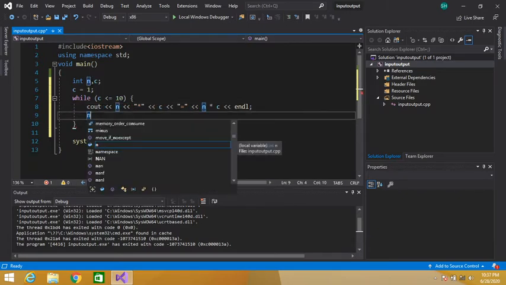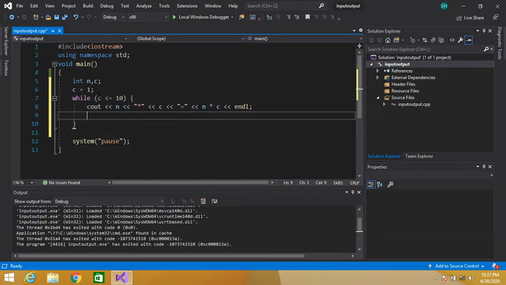And now c, our counter variable, now is c. So c is equal to c plus 1.